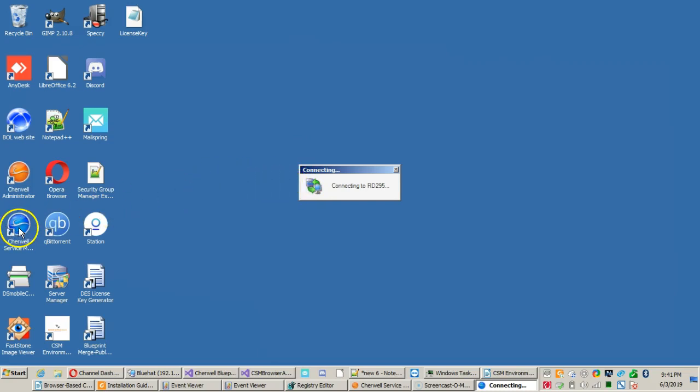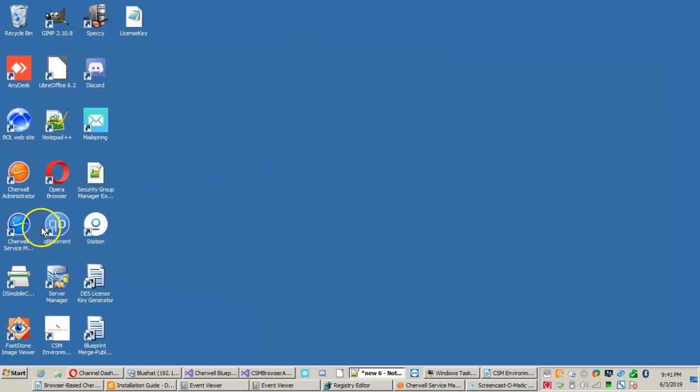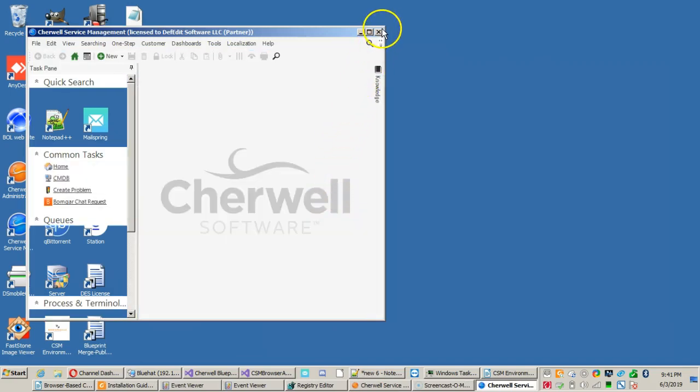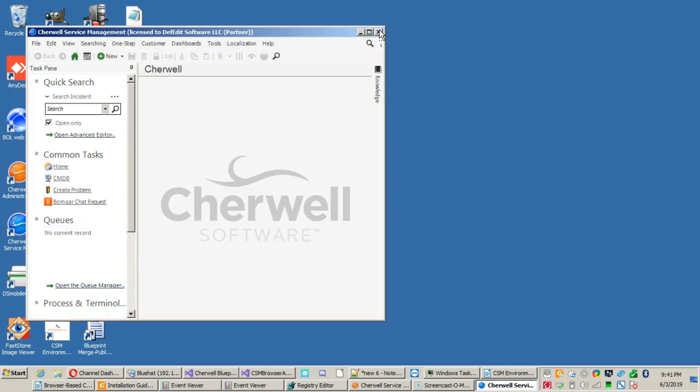The next time you open Cherwell, it'll skip straight to this part right here, where it's loading the information it needs to bring you to the sign-in page. If you check that box, it will literally never ask you to choose a connection again. And if you need to go back, the way to do that,